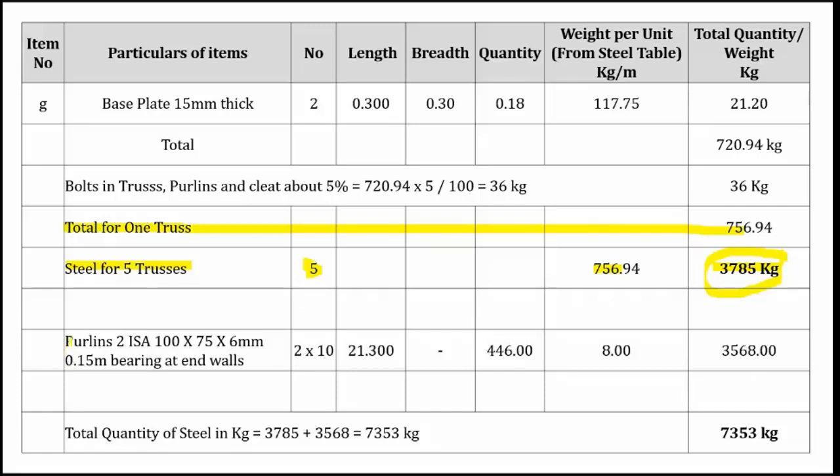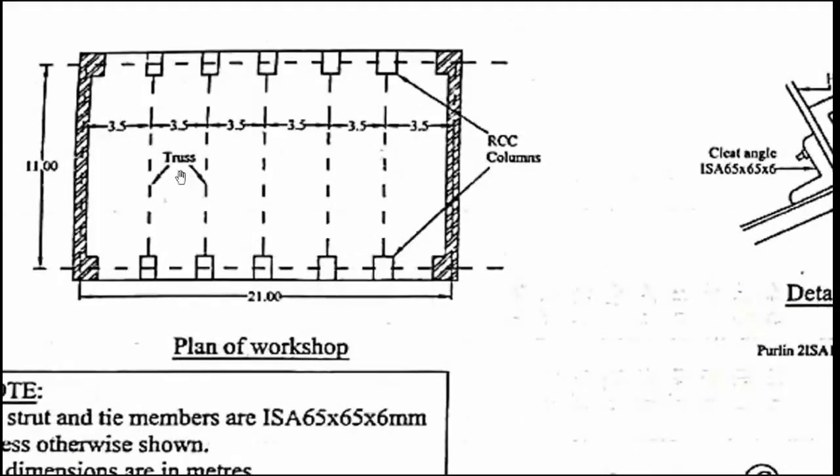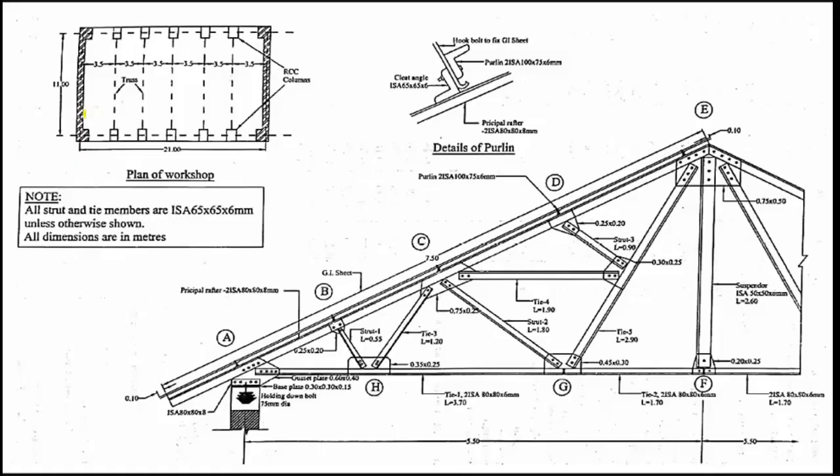Right? Then next we will calculate for purlins. In the truss quantity itself we have not added those purlin quantities. Why? Because the trusses are running in this direction. We have 5 trusses, if you multiply, you get the answer. But purlins are running in this direction. So don't get confused about why we have not added purlins there. Purlins are a separate entity, running here. Students generally get this wrong, so purlins have to be calculated at the end.